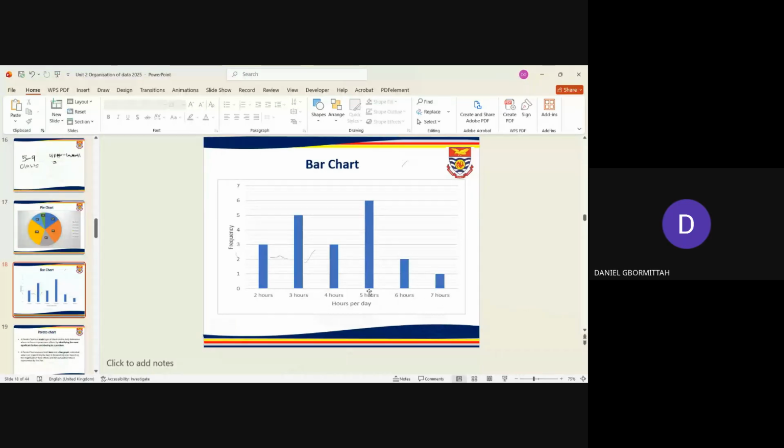So we have the various categories with their corresponding frequencies that has been shown. But one interesting thing that you have to notice is that with the bar graph, we have equal spacing between the bars. But that of the histogram, there is no spacing, right? And usually when you don't start from 0, you are supposed to use some